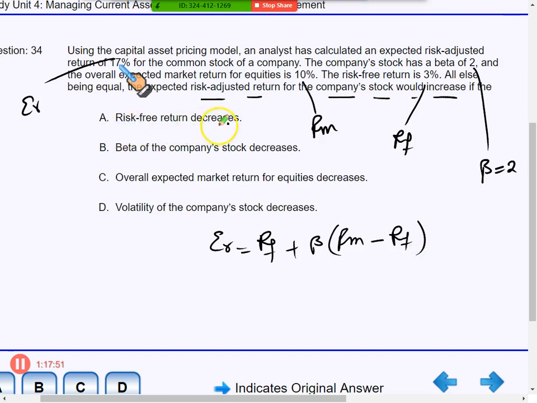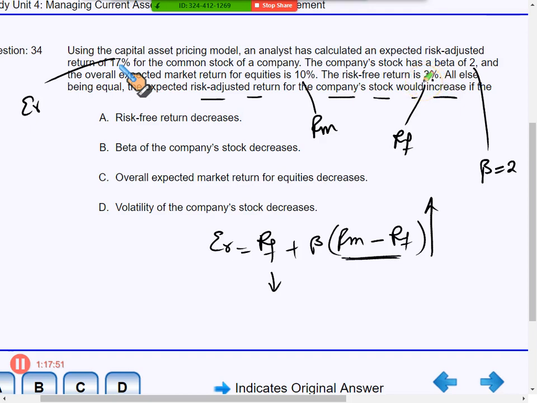If the risk-free return decreases, then this market risk premium, RM minus RF, would increase. Look at this. RF currently is 3%, right? If it falls to 1%,